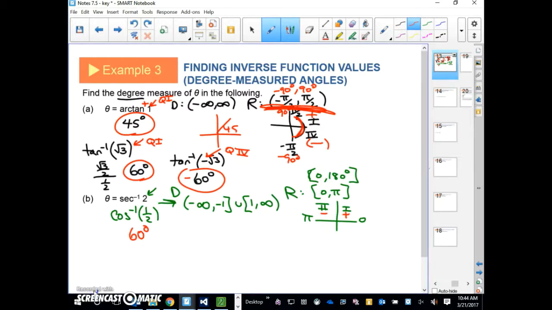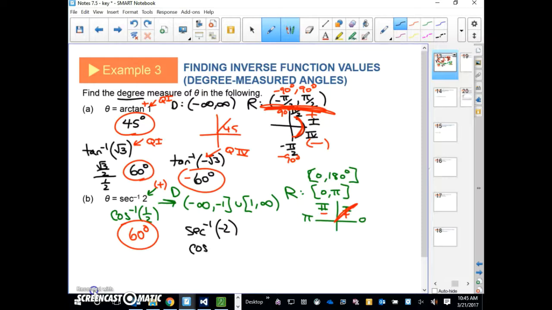But the fact that this was a positive number tells me that I'm in the first quadrant. Okay? It's 60 degrees in that first quadrant. And so it just is what it is. It's 60 degrees. Okay? Now, if that had been inverse secant of -2,